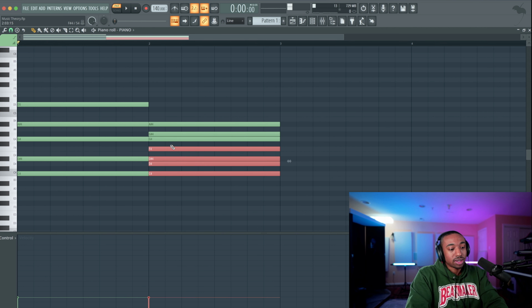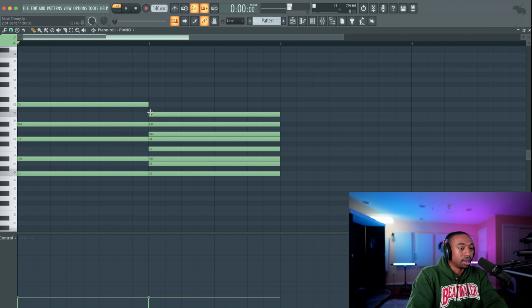So the natural minor scale has a whole step, which is 2 notes away, then a half step, which is 1 note away, then a whole step. The easy way to look at this in your DAW is, does it have a gap or not? A gap means whole step. No gap means half step. So it's whole step, which is a gap, half step, which is no gap, whole step. Then from there, it's whole step, half step, whole step, and then back again to whole step. So that's how you complete a scale.